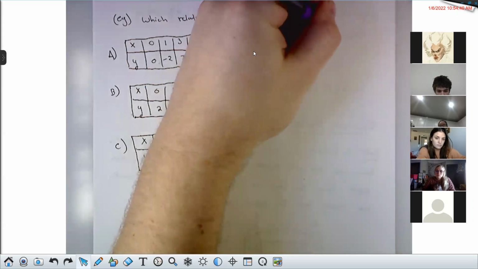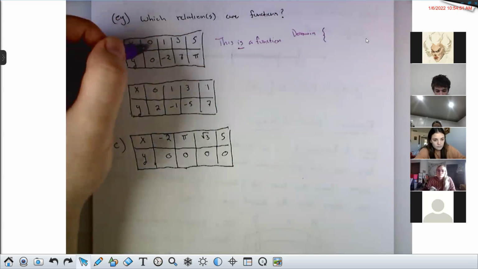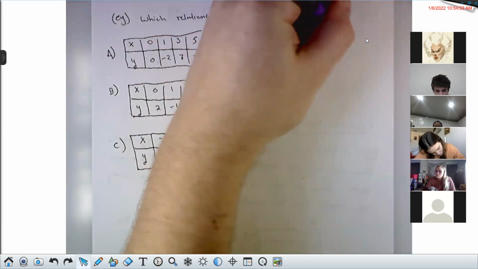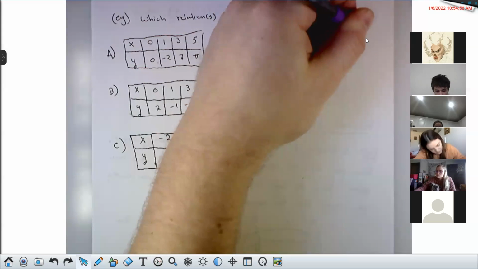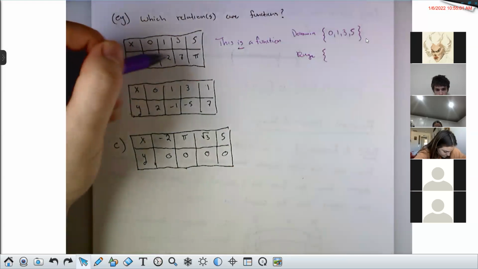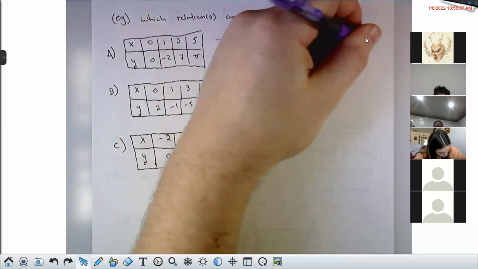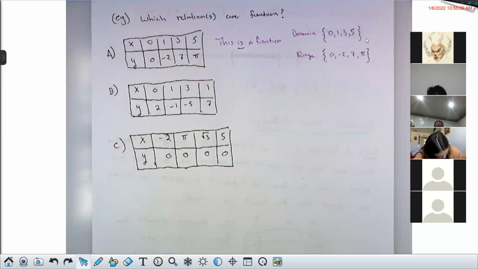So let me go ahead and show you how to write down the domain here. If you want to write a set that only has a few things in it, you put a curly brace, and then you list the things separated by commas, and you don't repeat them. So the domain here is 0, 1, 3, 5. I apologize for going over. I'll make this quick. And the range here is the set 0, -2, 7, pi. I want to emphasize that neither of these are intervals. They're just finite sets. They just have a few things in them. And the way we write those is the curly braces and the things listed inside.